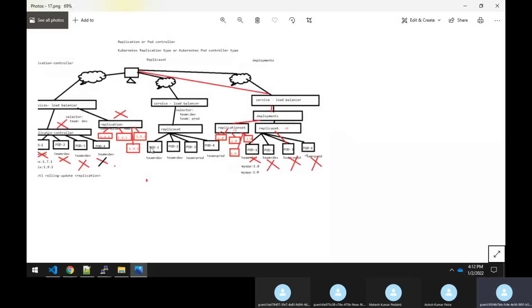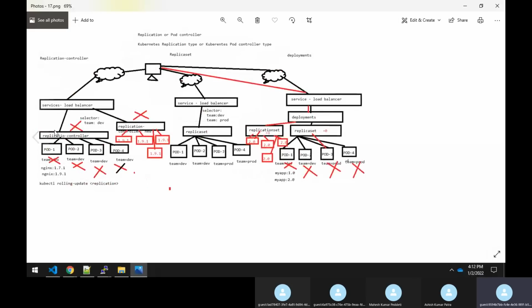When it comes to the replication controller, we saw that with the help of a selector, which is nothing but the label, it can monitor the pods. In the case of a replication controller, it can only monitor one set of selector. It means that only one label type it can monitor. It cannot monitor more than one label.